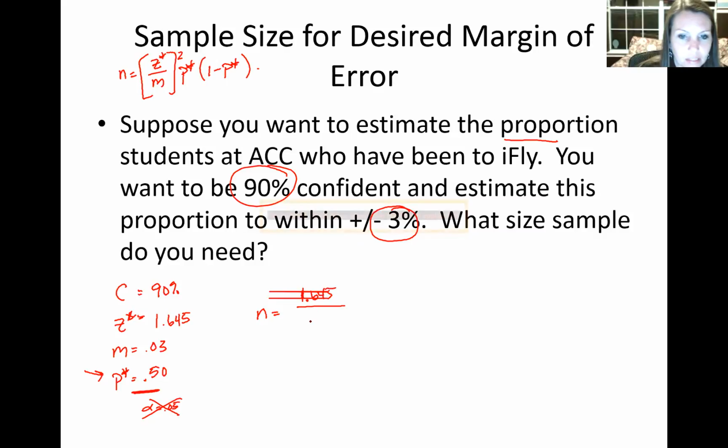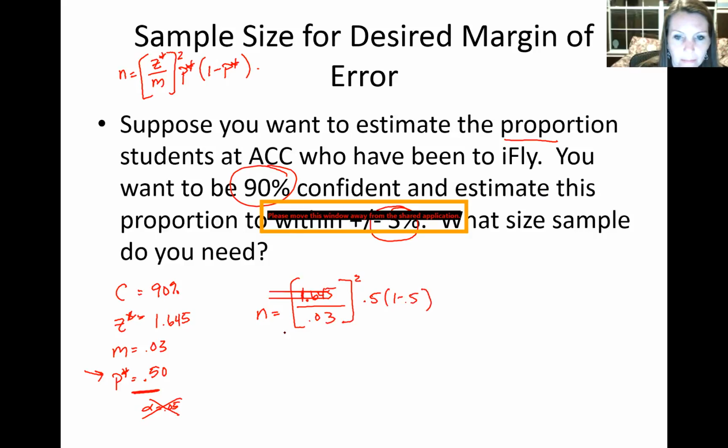So 1.645 over m, which is 0.03, that quantity squared, times 0.5 times 1 minus 0.5. So starting with the bracket section first, I have 1.645 divided by 0.03. Then I'm going to square that quantity. So after I square it, I get